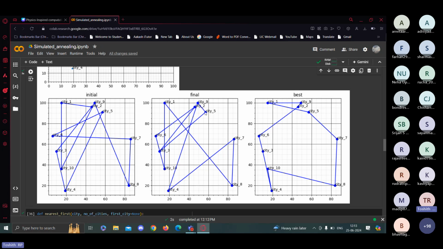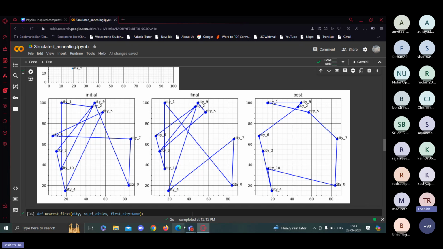So the reason that we are getting this as the final solution, which is obviously not the best one, is that the program is going through the objective function. At a higher temperature, it is able to explore various minimas in the objective function. And let's say while exploring, it reaches some minima which is not the global minima. And then the temperature is so low that it is not able to actually escape out of the minima. So the only option it has is to converge to that minima. In that case, you end up with this not good final solution.